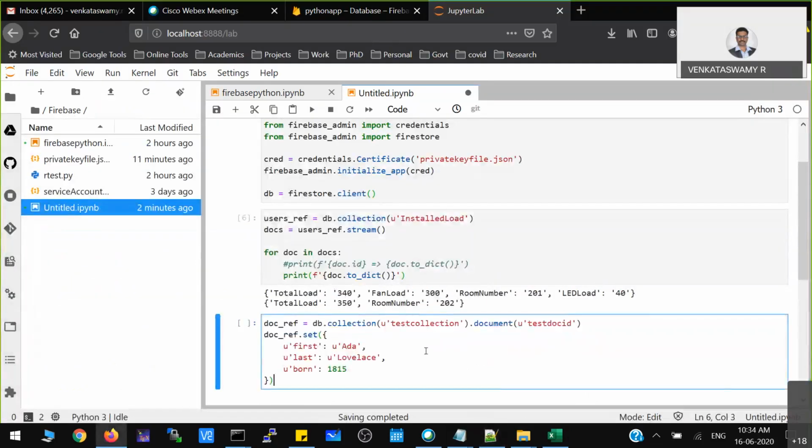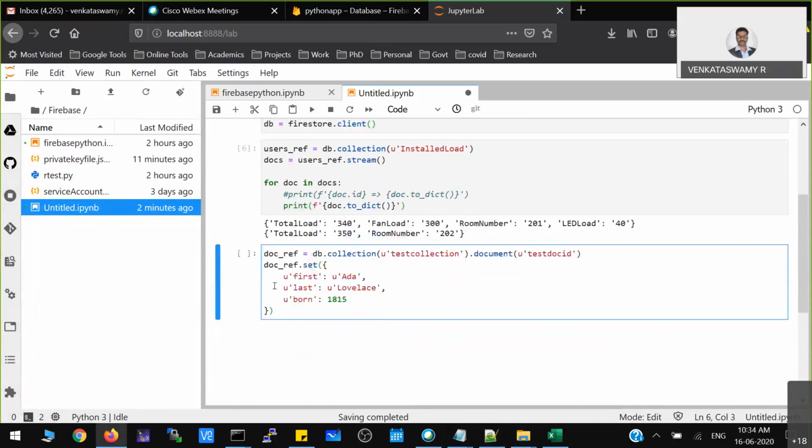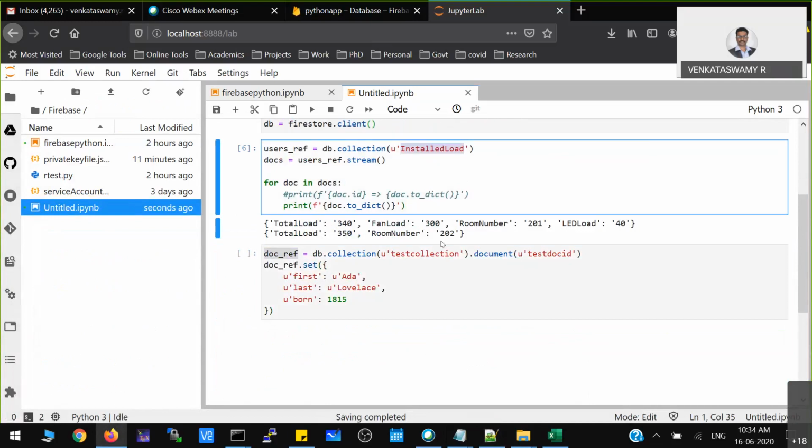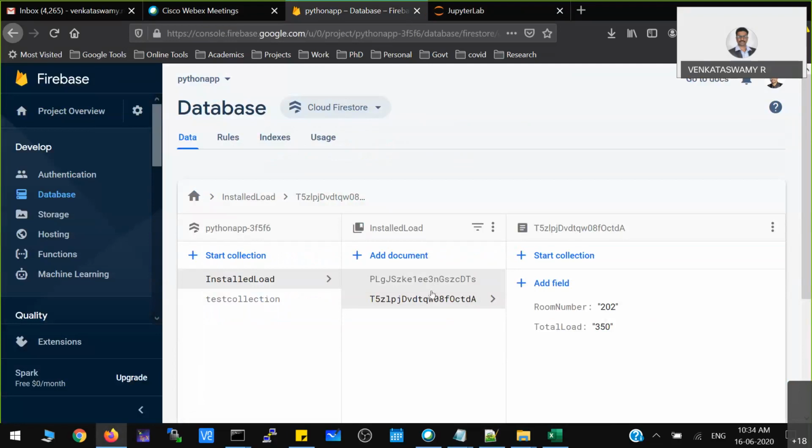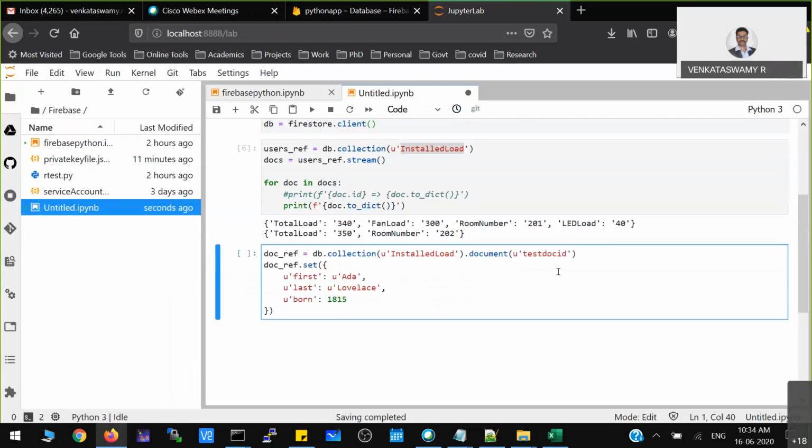Now this is the code you have to use to do that operation. You just have to create that particular document ID and call that function. For the document ID, it will automatically generate and add it in Firebase. If you don't have any specific document ID, leave it. Otherwise, you can generate some IDs and give that ID in the program itself.